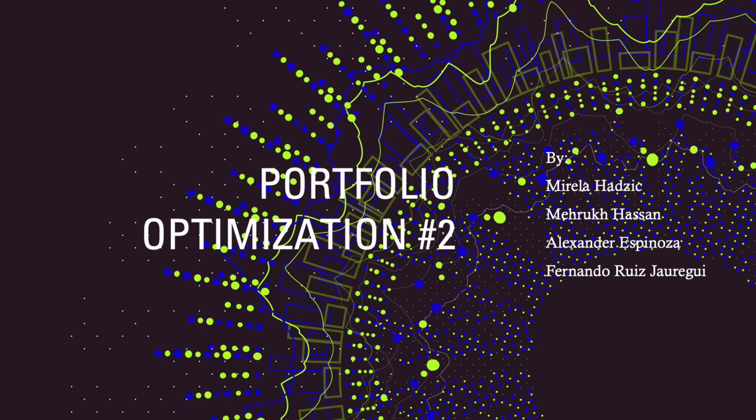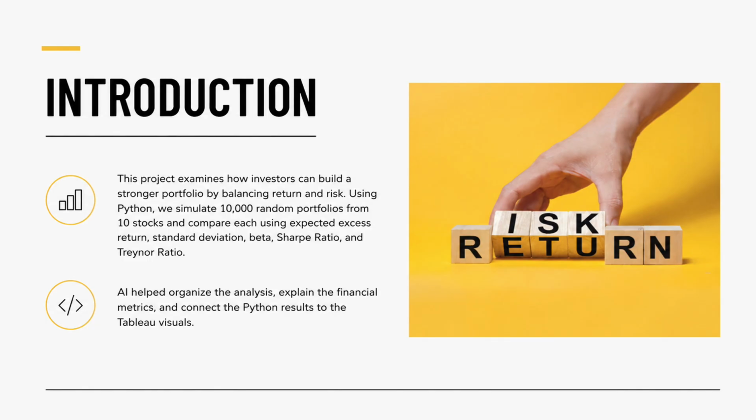Hi everyone, today our group will be presenting our Portfolio Optimization 2 results. The goal of this project was to determine how different combinations of the same 10 stocks affected portfolio risk and return characteristics. This addresses the first step of the data analysis process, which is identifying the problem. Specifically, we wanted to understand how investors can use diversification to build more efficient portfolios and evaluate performance using risk-adjusted